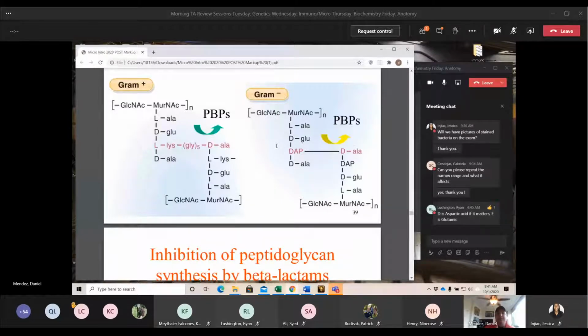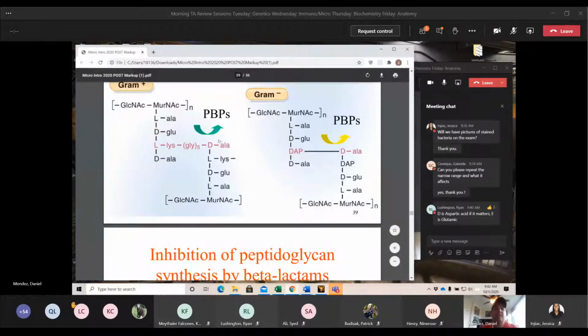So some of these little things, I know they seem minute, and a lot of other people like to throw around the terms high yield and low yield. Me personally, I don't agree with categorizing anything as high or low. I think just know the big overarching ideas. Once you know the big 3,000-foot view ideas, then you can work into these tiny little details that can help differentiate things in test questions.